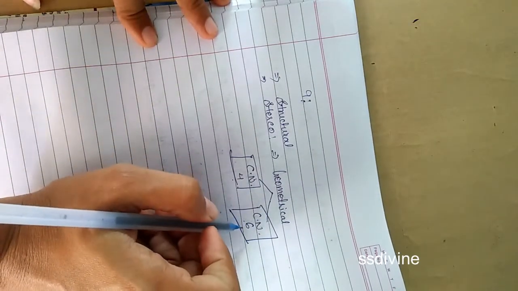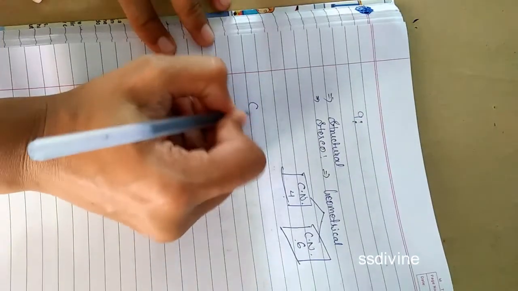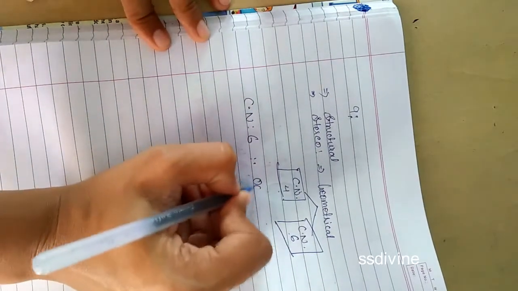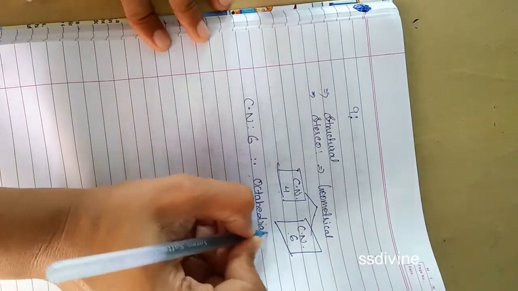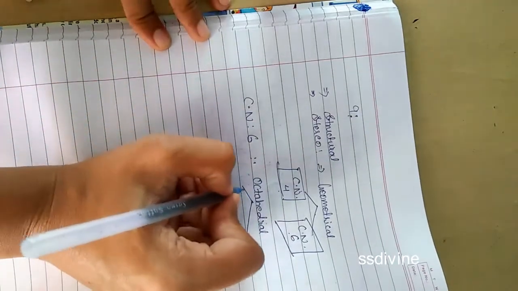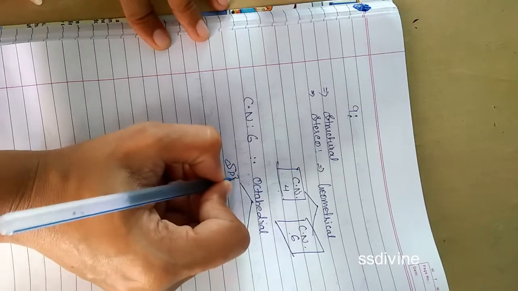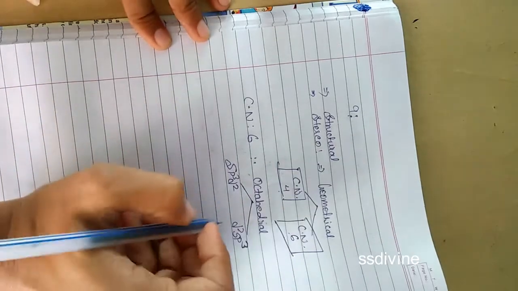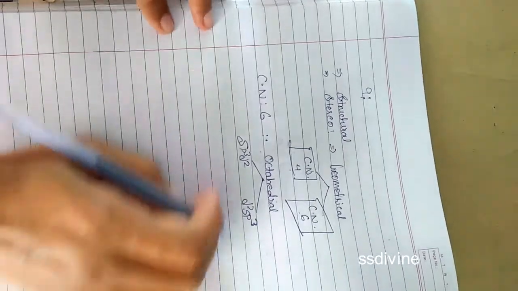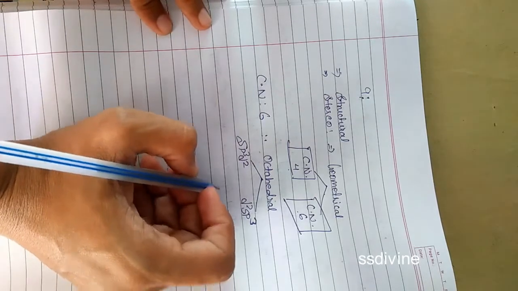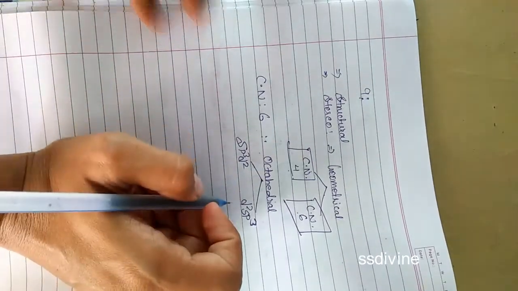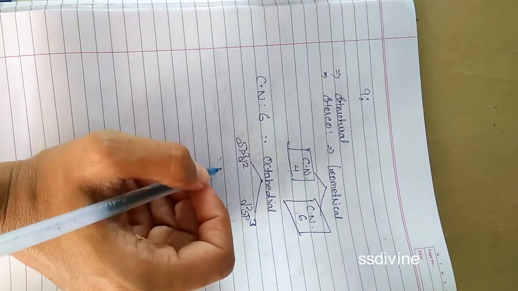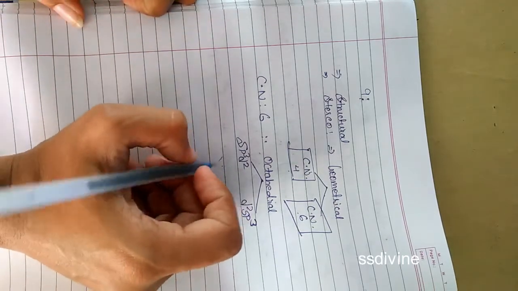in coordination number 6. See, when we are having coordination number 6, there are two types of hybridization. The geometry is the same, that is octahedral, but they are having different hybridization. So two types of hybridization are there, that is sp3d2 and d2sp3. How this sp3d2 or d2sp3 takes place in a complex, we'll discuss when we learn about crystal field theory and valence bond theory. On the basis of strong field ligand and weak field ligand, how the geometries or the hybridizations are obtained, we'll discuss in the next lecture.